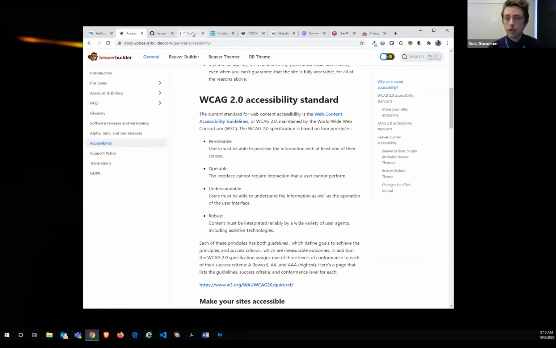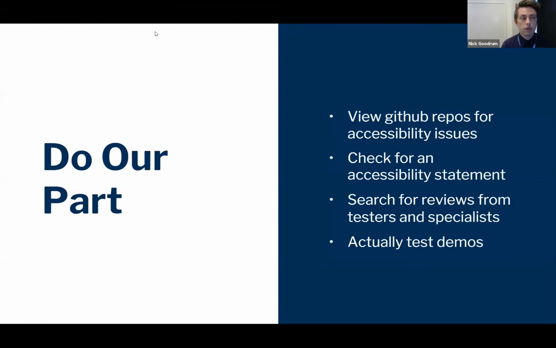So, you even have, oh, I didn't actually have that one open. But you have like a Bright Clear Web. You've got multiple places that are actually testing out, sometimes even end users that are saying, hey, I can't actually use this. But really, at the end of the day, it's about actually really testing the demos, testing the code, testing it on a sandbox, testing it yourself.